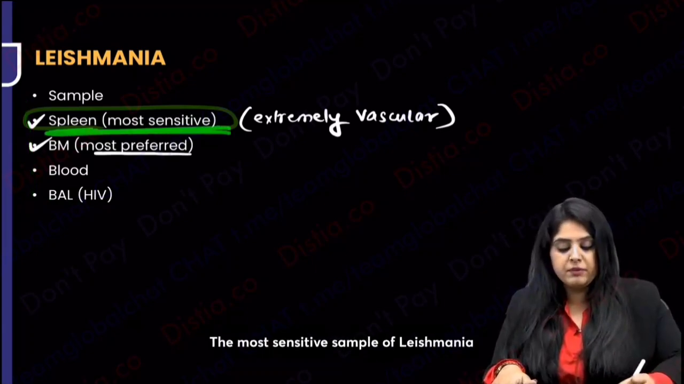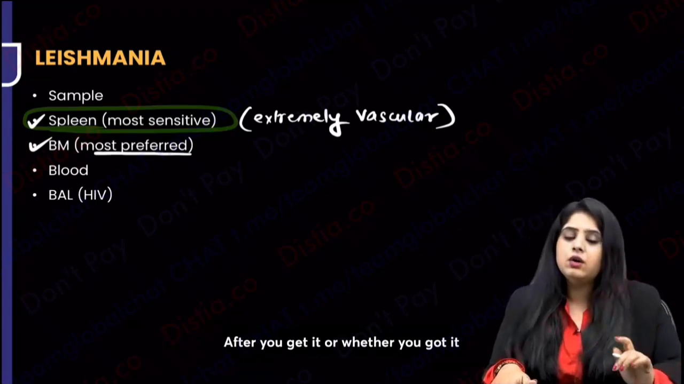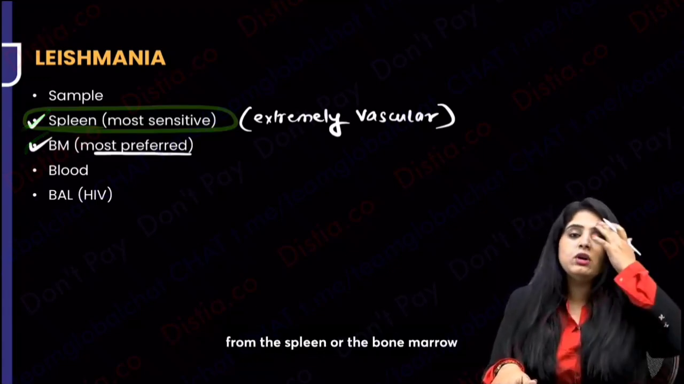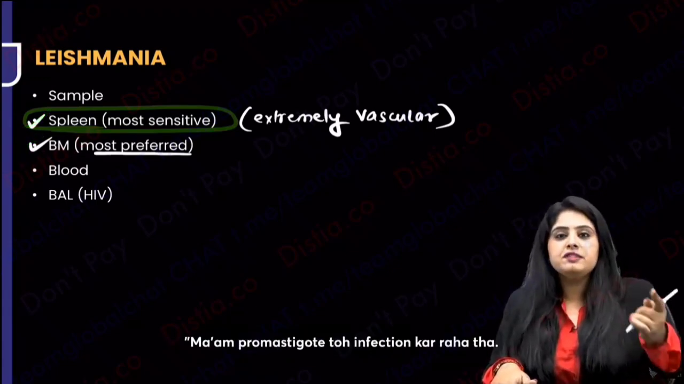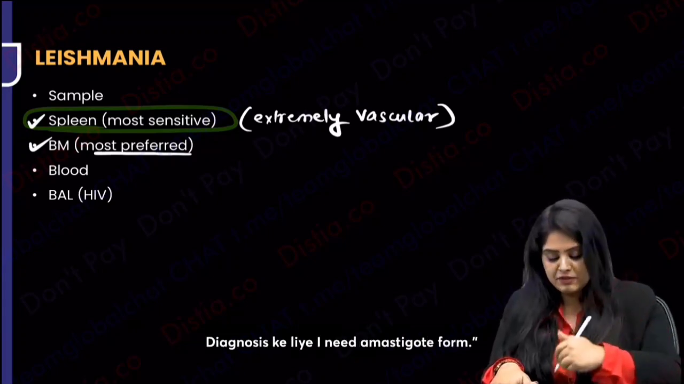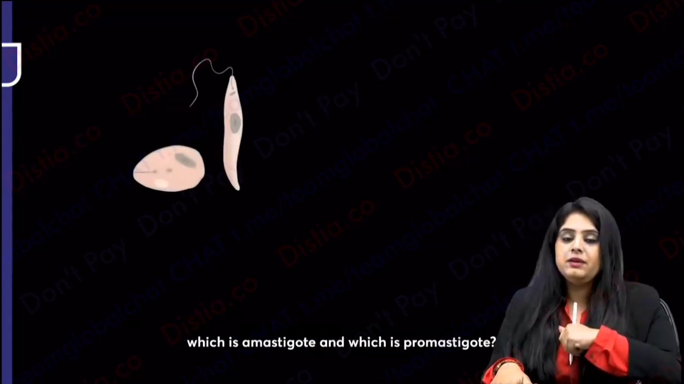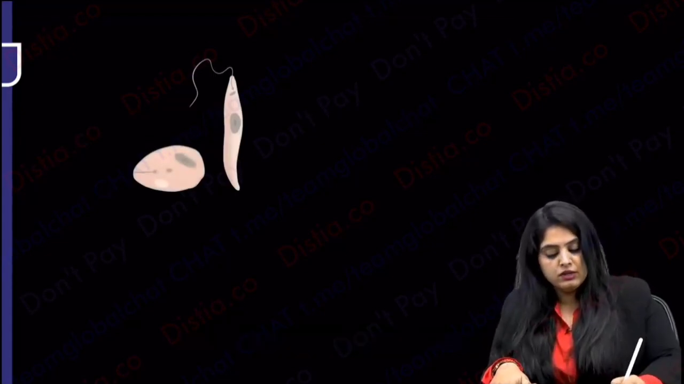The most sensitive sample of Leishmania that you're going to get is going to be from the spleen. After you get it, whether from the spleen or the bone marrow, what will you see? You'll say, ma'am, promastigote was causing the infection. For diagnosis, I need the amastigote form. So, if I ask you, out of these two, which is amastigote and which is promastigote, you'll say